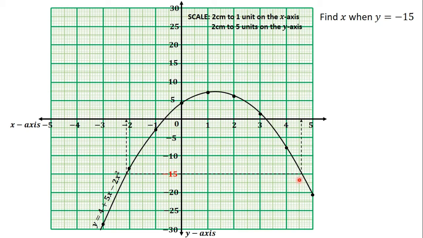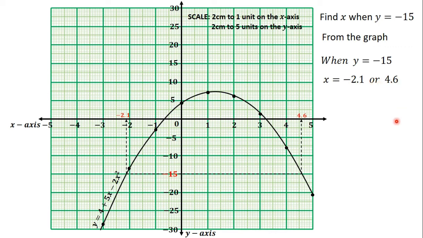Then to get the second x value, you trace the second point to meet the x-axis. So you read the first x value here. On my graph sheet, the first x value here will give us minus 2.1. Then you read the second x value here. On my graph sheet, the second x value is giving us 4.6. So it means that from the graph, when y is equal to minus 15, x is equal to minus 2.1